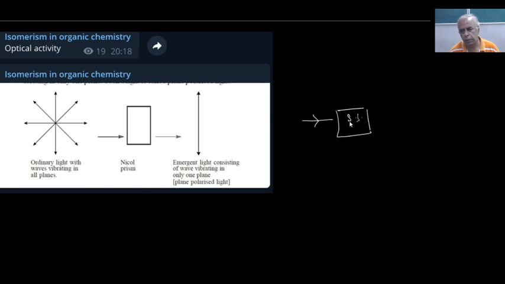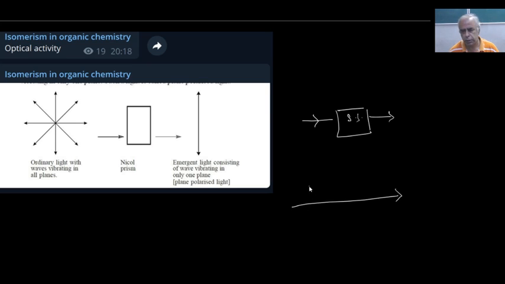Some energy is absorbed by this sugar solution, and in fact the transmitted light will have a different intensity. There is a change in the intensity, and there will be a change in the activity also. Okay, for instance, the phenomenon of rotation of light when it is passed through an optically active solution is called optical activity. For example, let me consider the light goes in this direction, and we know this has the transverse